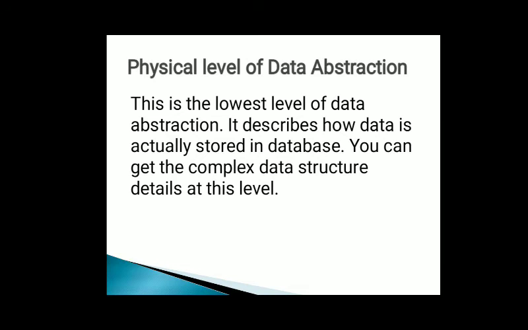First one, the physical level. This is the lowest level of data abstraction. It tells us how the data is actually stored in memory. Access methods like sequential or random access and file organization methods like B plus tree and hashing are used here. It also tells us usability, size of memory and the number of records, which are factors we need to know while designing the database.